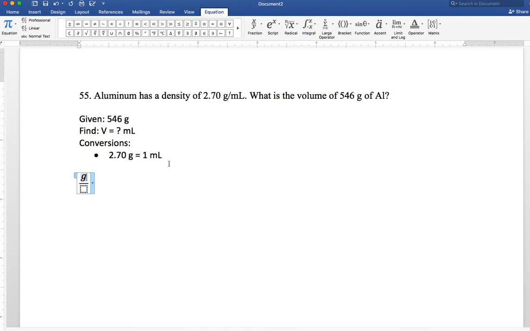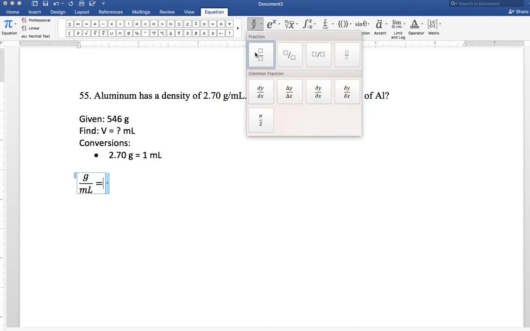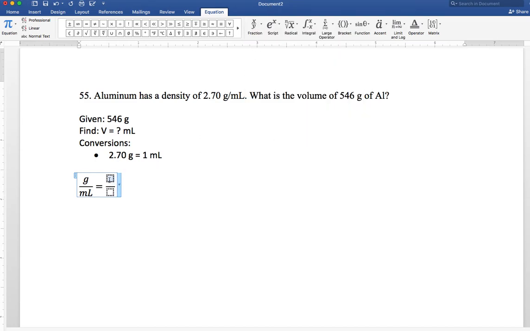It doesn't matter if you do it backwards. As long as you put the number 2.70 with grams and the number 546 with grams and the number 1 with milliliters and your x with milliliters, it doesn't matter if you do this whole thing upside down. So grams over milliliters equals grams over milliliters. And maybe I'll show you the whole thing backwards after this so you see what I mean, with the milliliters on top and the grams on the bottom, and why it doesn't actually make a difference which